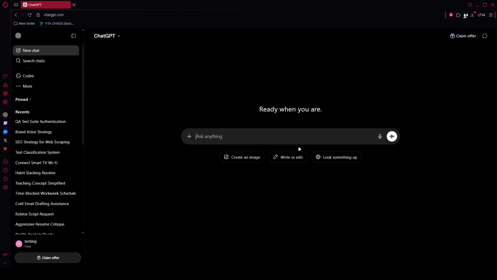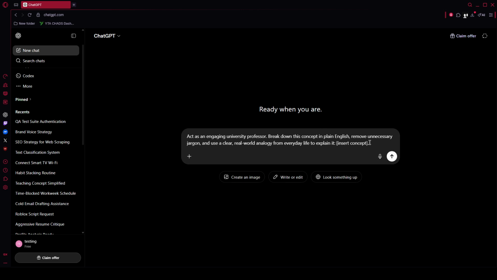First, use ChatGPT to simplify complex material. When a textbook chapter feels like it's written in code, open a chat and say, act as an incredibly engaging academic tutor. Break down this specific concept into clear, simple language. Remove all unnecessary jargon and provide a real world, everyday analogy to make it stick. Insert your concept. This gives you a clean, plain English foundation. If the topic is long, feed it in small sections and ask for examples and counterexamples so the idea really